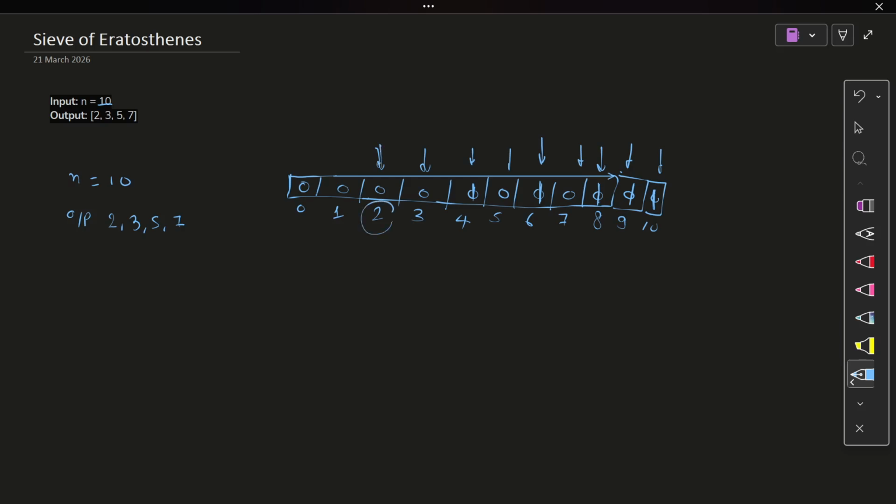Yes, so 2 is a prime number. Array of 3 equal to 0. Yes, 3 is a prime number. Array of 5 equal to 0. Yes, 5 is a prime number. Array of 7 equal to 0. Yes, 7 is a prime number. We got the output. So first I will create an array equal to new